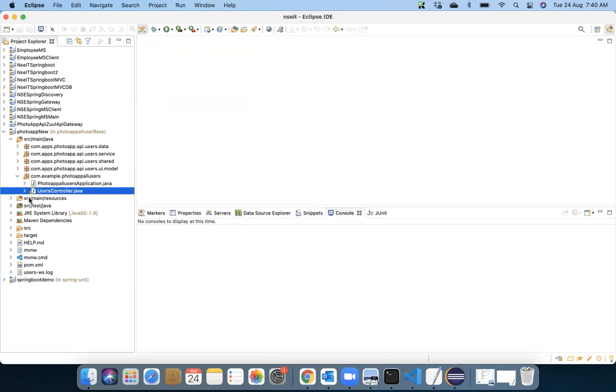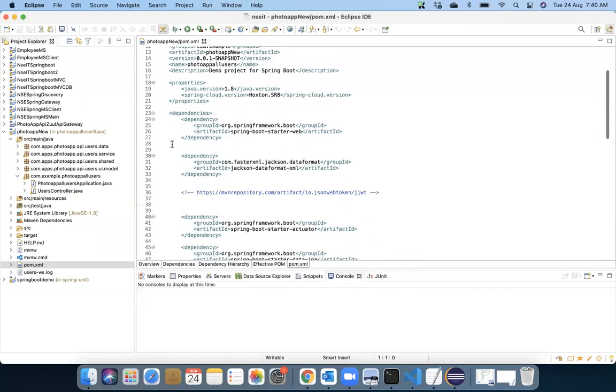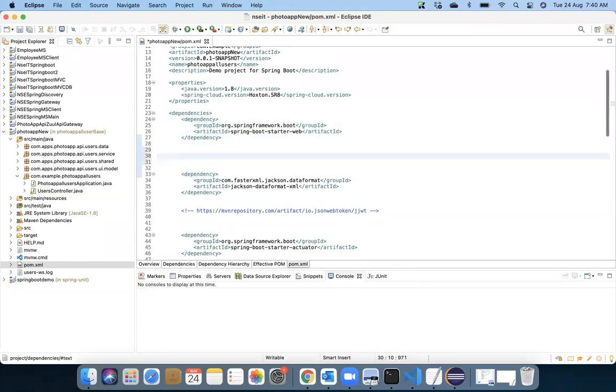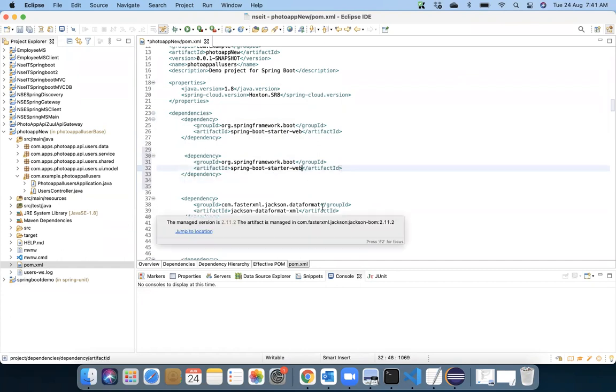Point number one: here in your project, under your pom.xml file of the photo app project, I just copy this dependency, paste it below, and give the name spring-boot-starter, and here we're giving security.